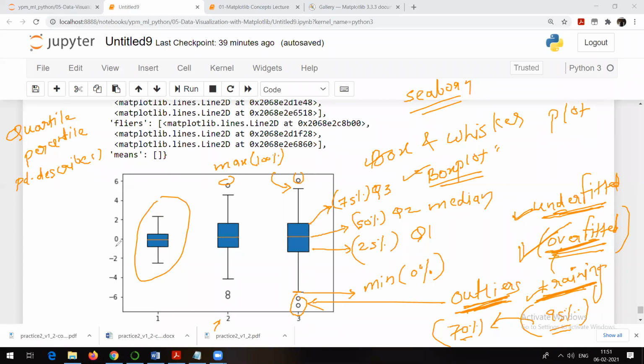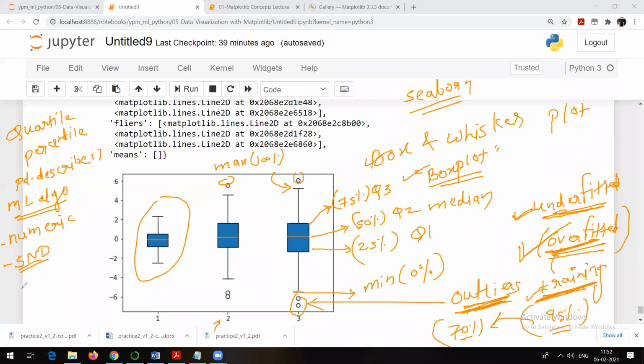One more thing. I told you, before applying any machine learning technique or algorithm to any data set, you need to make sure that your data is in numeric format. That is one thing. And another thing is that your data should be normally distributed. That means your data should be in standard normal distribution format.